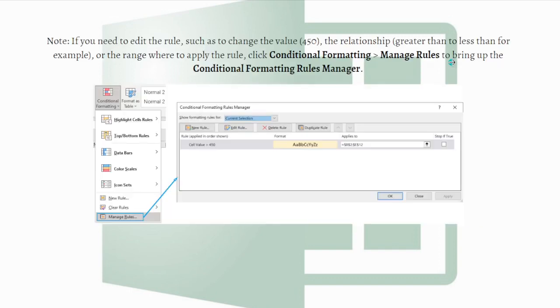as you can see here in the photo. And note, if you need to edit the rule, such as to change the value, the relationship, or the range where you want to apply the rule, just click the conditional formatting and then go to the manage rules to bring up the conditional formatting rules manager. So as you can see here in the photo,